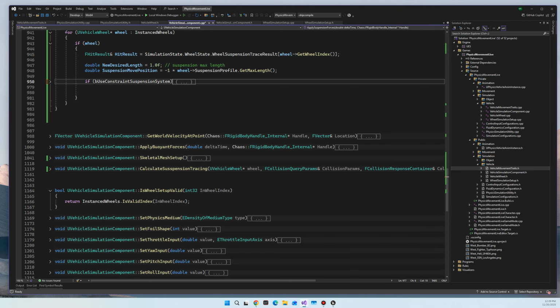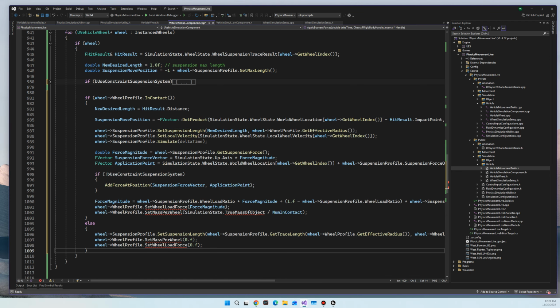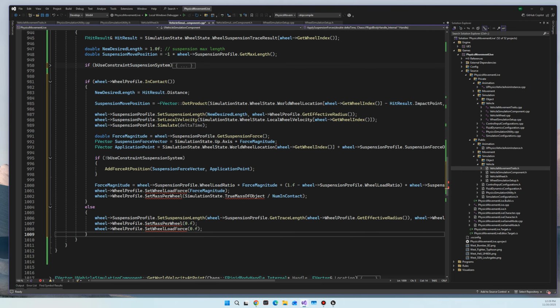If we don't want to use a physics constraint system, we still need to create some force data. It's just whether we want to apply it or not. So I'm just going to grab this and bring this in here. We're going to need some additional functions on the wheel profile, so we'll go ahead and add this. We don't need true massive object. This is actually going to be